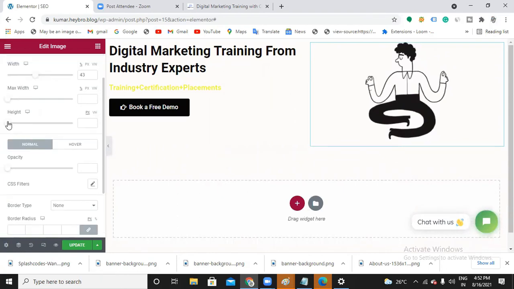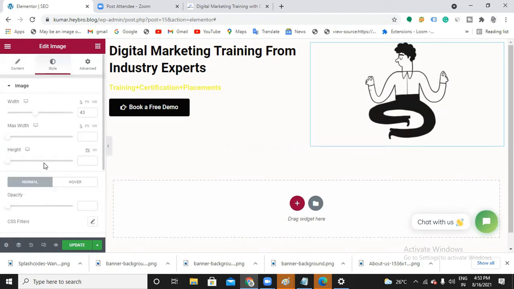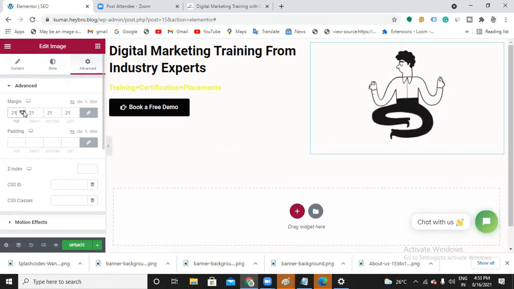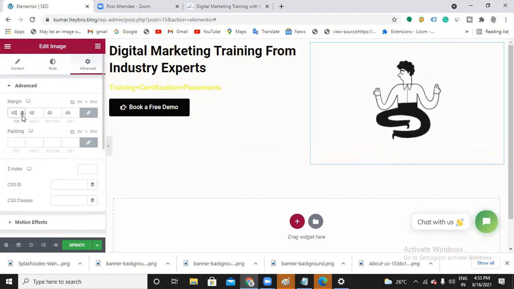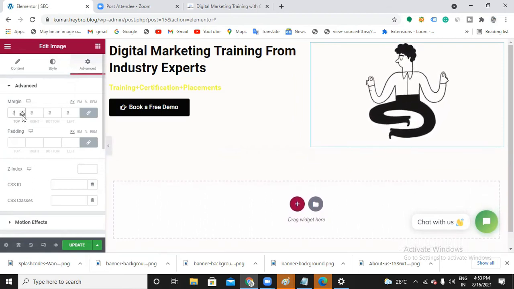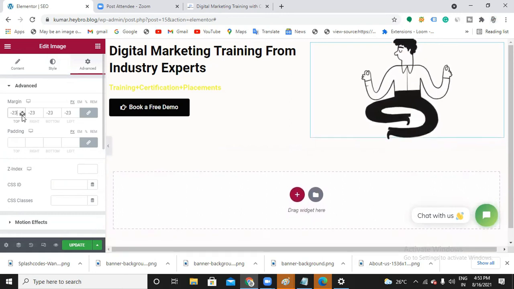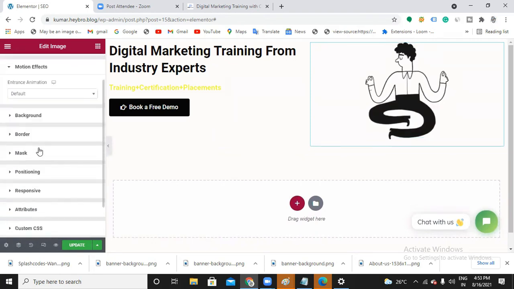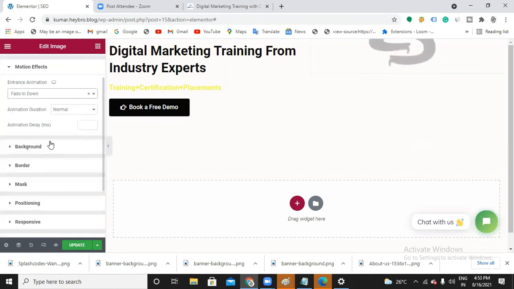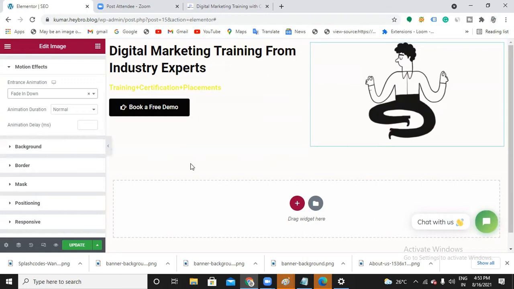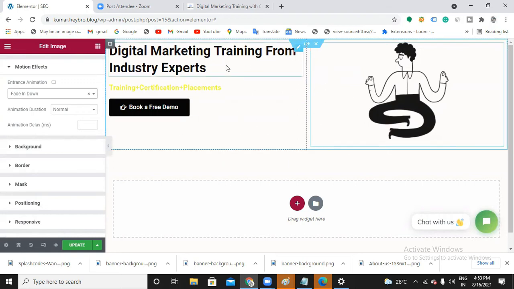And here you can choose the height of the image, border if you have, and then advanced margin. I'll always go with the 0. Okay. And padding, motion effects, same fading down. So better we'll use the same animations for both. So now, two columns.